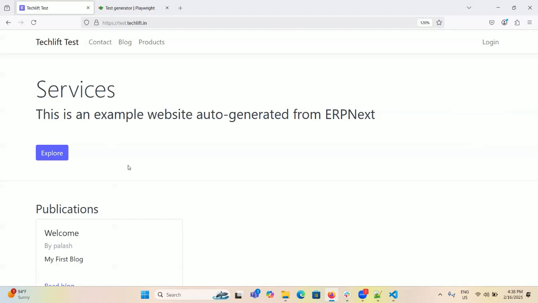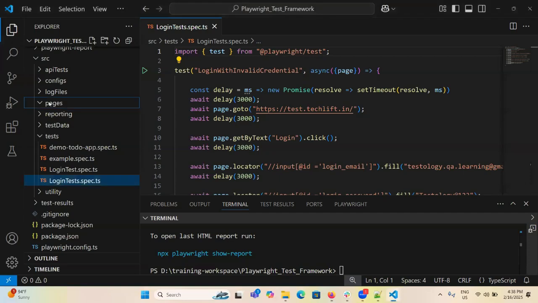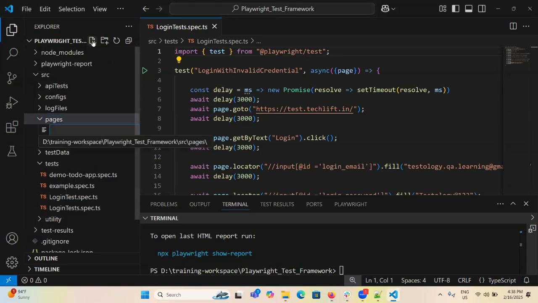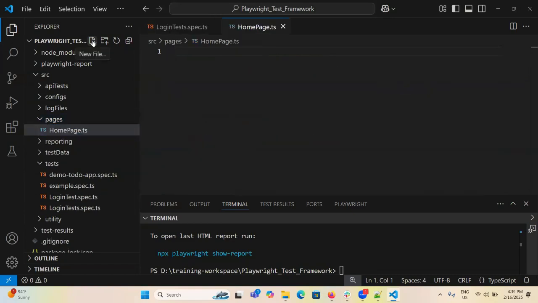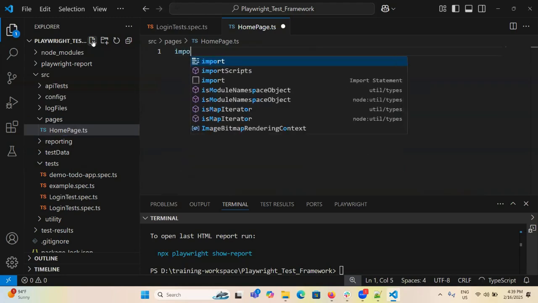So let's create it in the pages. We will have loginPage.ts and we will have homePage.ts. So let's create home page. Let's assume this is the home page. Let's go here with the pages. Do it with me. Whatever I am doing, do at your end also. Here we will create homePage.ts, and here you will import